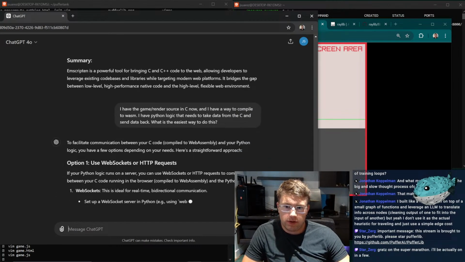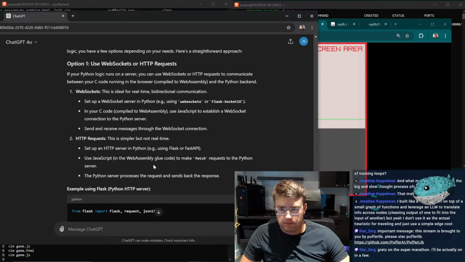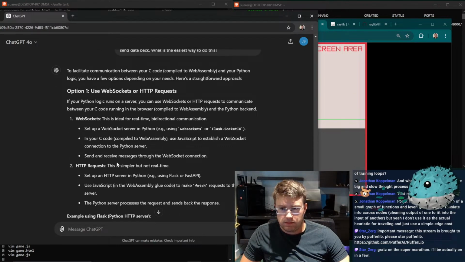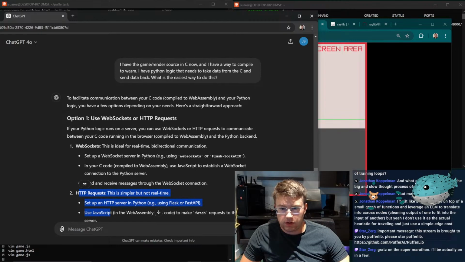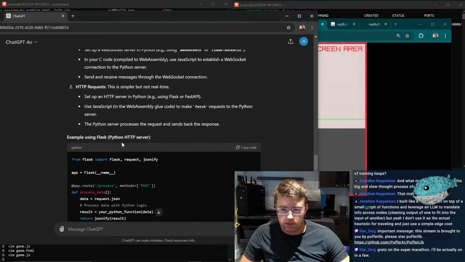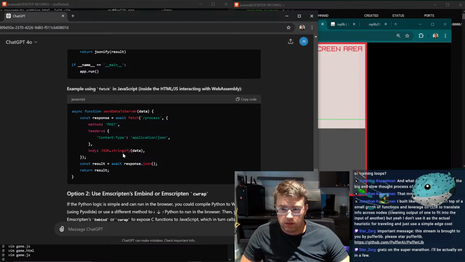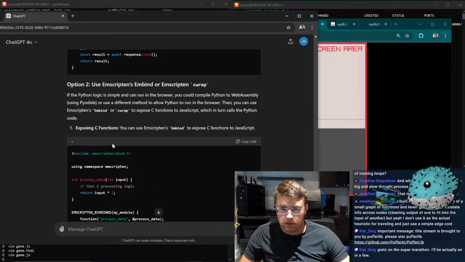I think it's going to be WebSockets, right? This is slow. WebSockets are way faster, right? WebSockets. In C code, use... Wait. Yeah, okay, this side is obviously... Wait, Emscripten embind.